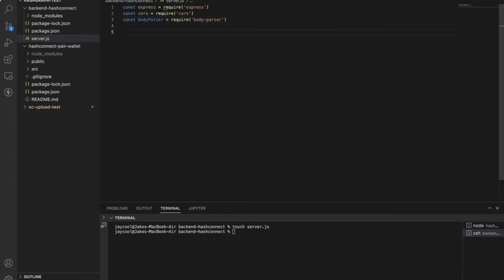Then we're going to say const app equals express, and now we're going to say app.use